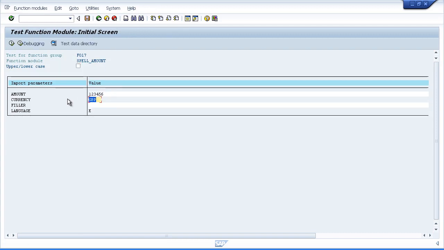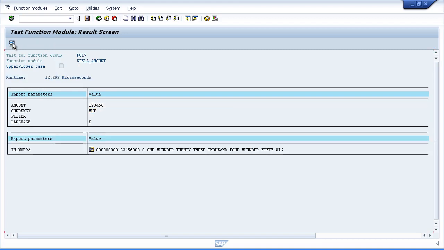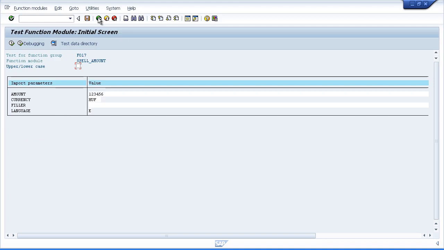If we chose a currency that again had no decimal places, I think maybe the Hungarian forint, then we're back to the full text. It knows that the Hungarian forint has no decimal places, so we get 123,456. So a very small function module, but you can see it's got its uses, but it shows exactly how we can test a function module in isolation so that we don't have to worry about getting the coding right in our program before ensuring